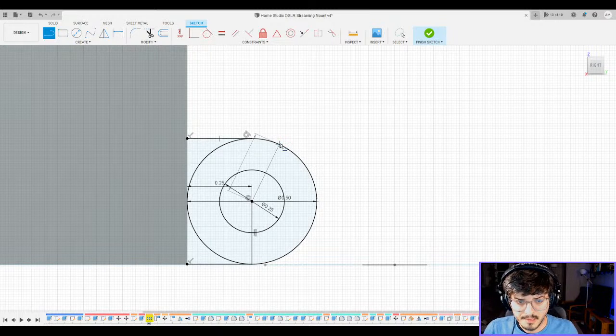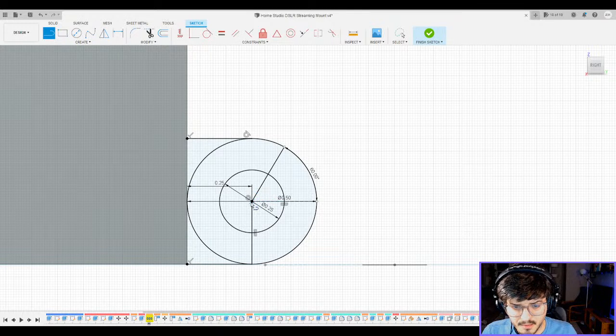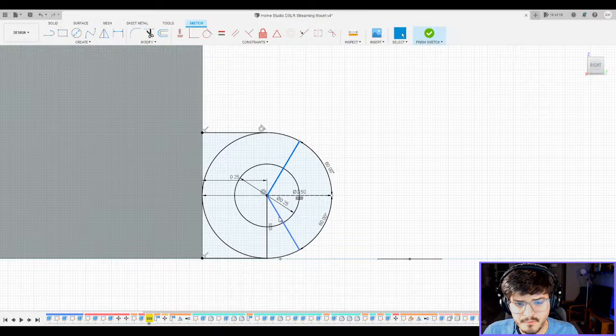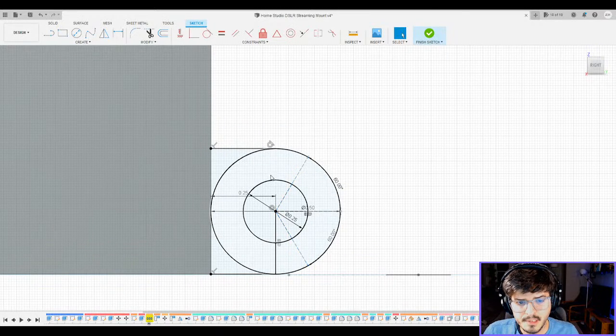Tab, 65 degrees. I know it's not making sense what I'm doing right now, but 60? Yeah, 60. Okay, let's do that. And then this is going to be 60 as well. Tab 60. There we go. And the reason for this, you'll see in a second.